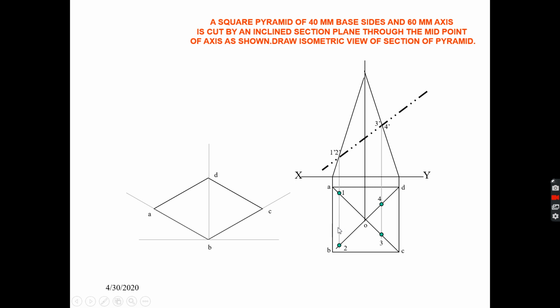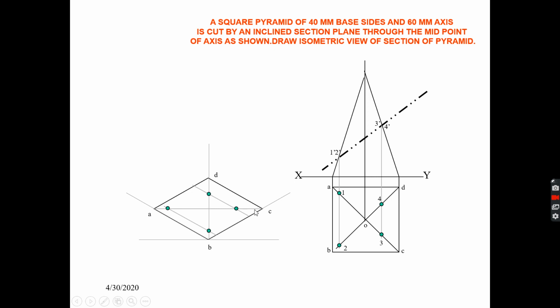So what I will do here is draw a line which is parallel to AB, and the distance between these two lines is nothing but this distance, because here you can see all the base sides are of true shape. In a similar way I will get this line, and you can measure the distance of this line from C and D. In this way I will get all the points 1, 2, 3, 4 on the base.